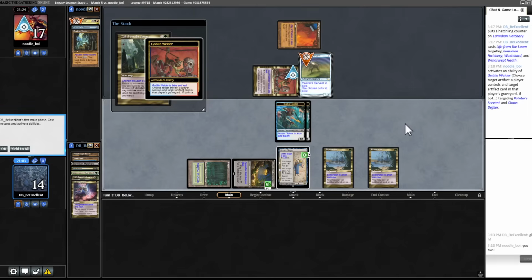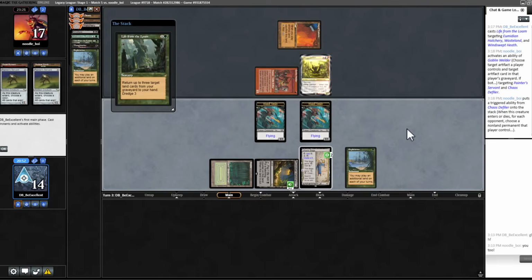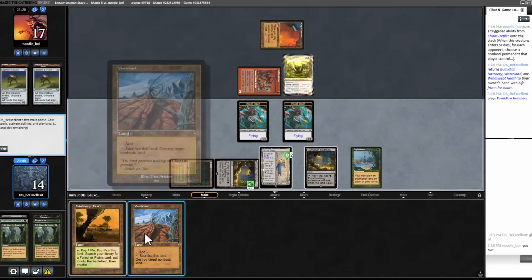Okay, they are... Wait, when did Chaos... Oh, they discarded freaking Chaos Defiler? I didn't see that. So it's a non-land permanent. They can hit one of these. Yeah, I didn't see them discarding a Chaos Defiler. I was so focused on what I was doing that it didn't occur to me that this extremely powerful creature was in their graveyard. So I think we just play this out, and then we can...